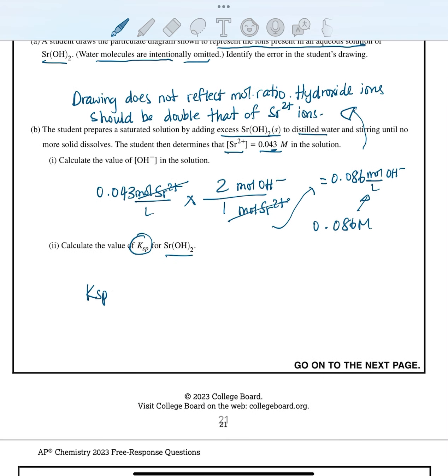Ksp equals concentration of strontium ions times concentration of hydroxide ions squared. Okay, so remember you have to raise it to the mole ratio. So in my strontium ions, I actually have, in this question, 0.043 moles per liter. And then in my hydroxide, which we calculated, it's double that, so 0.086 moles per liter